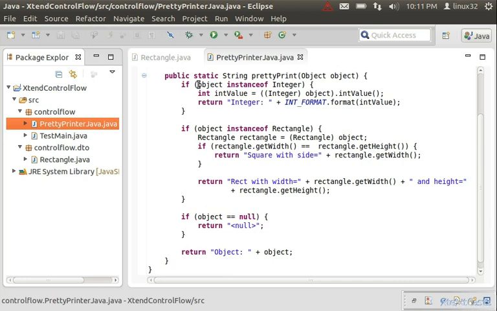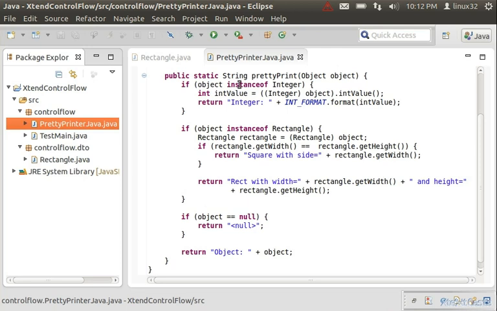This is probably the common implementation in Java, where we use a series of if blocks with instanceof checks, then the type casting, and then the calculation of the result string. And here we actually have one more if to catch the situation that we have a square. We will see that we can improve this pattern with Xtend in two different ways, using two new Xtend